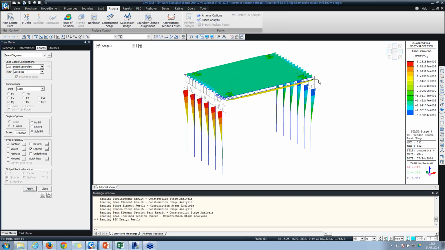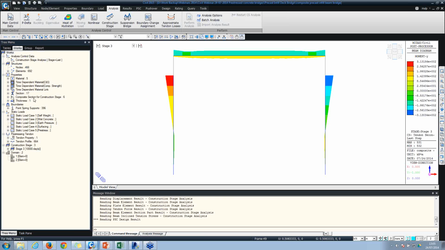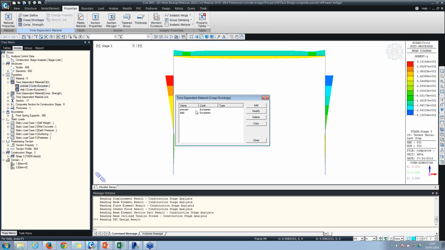Okay, so pre-stressed secondary effects in the piles and also on the beams. Also, we'll have creep primary and creep secondary effects, shrinkage secondary effects. We have defined time-dependent material properties for both beams, the precast beam and the concrete slab. The way you do that in the software is very simple: creep, shrinkage, material function, precast, one for